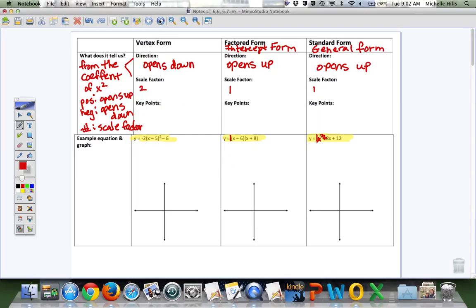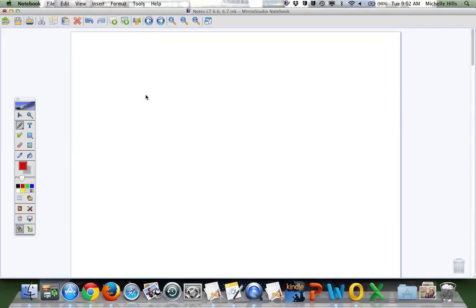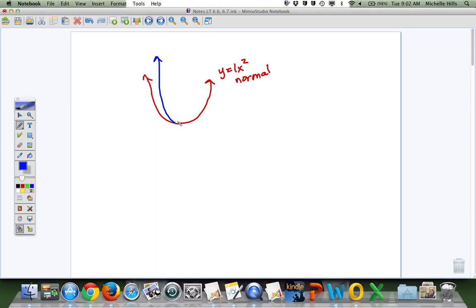Here's what this tells you. And if you can, do a sketch somewhere off to the side, since you have a little more room on your sheet than I did on mine. If y equals 1x squared, it looks like this. We would call that normal. That's the parent function, the normal curve. If you have y equals 2x squared or y equals 10x squared, where the scale factor is greater than 1,